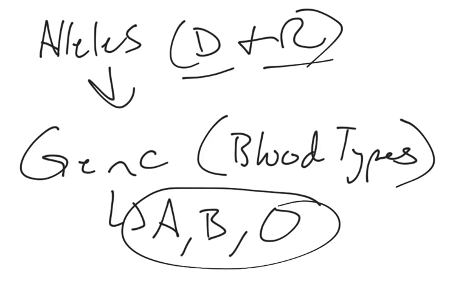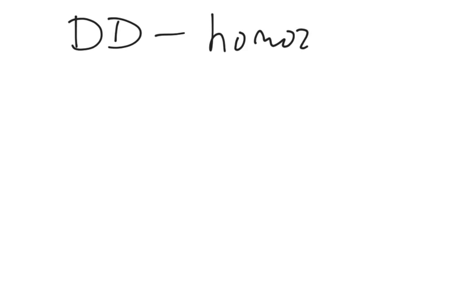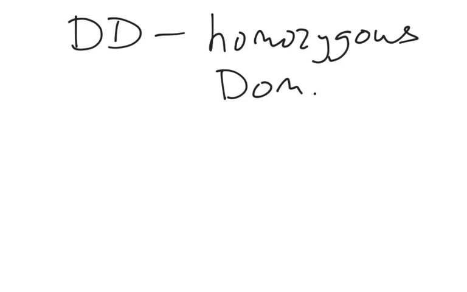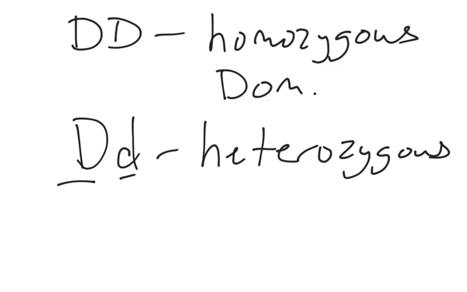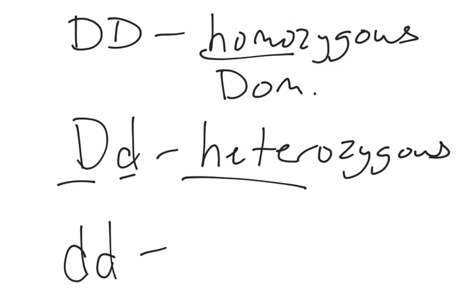Now, there's also some other terms that we need to know here. If you have two dominant alleles together, so let's say we have big D, we call this homozygous. And because they're dominant, we call it homozygous dominant. Okay? If it's big D, little d, so you have the dominant and then the recessive, you'd call this heterozygous because there's two different alleles. Okay? Up here you have the same alleles, different alleles, and then if you have two recessive, it would be